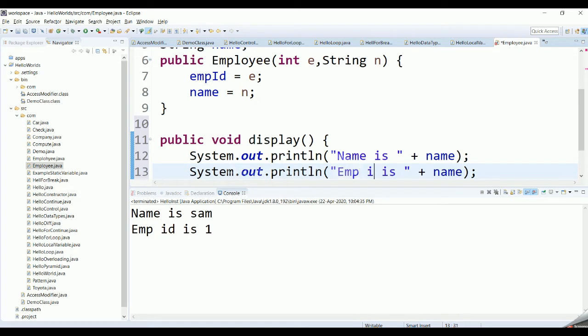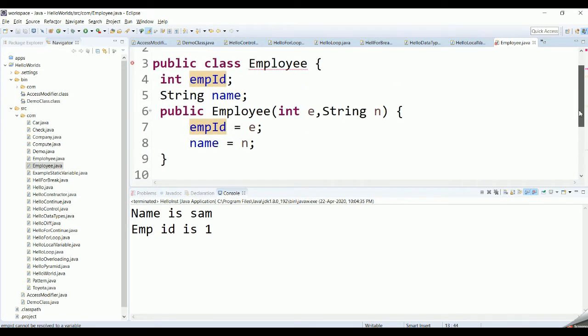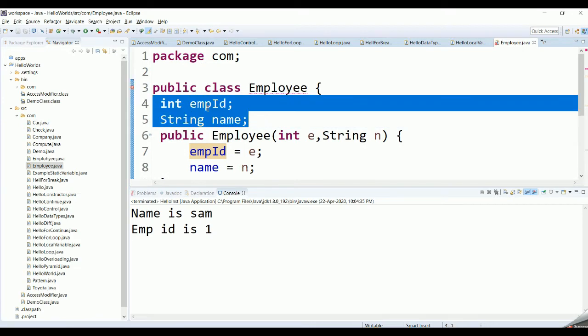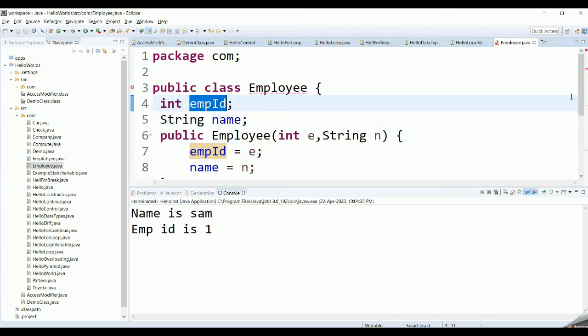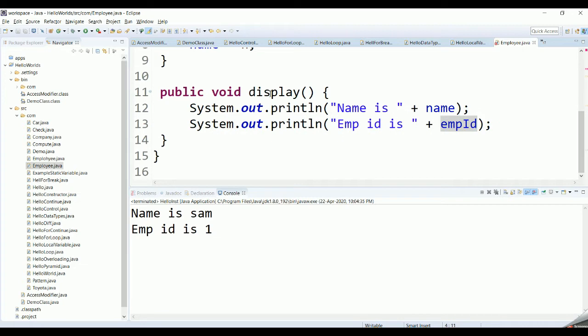To explain this class, it is a simple class with a parameterized constructor. It has two variables called employee ID and name, and we have one method called display, which is going to print what the name is and what the employee ID is.